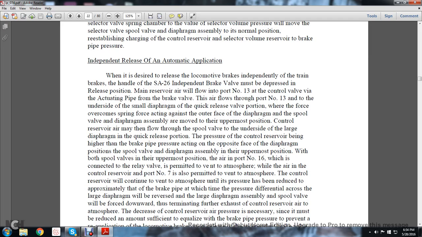Air may then flow through the spool valve to the underside of the large diaphragm. The quick release portion, pressure controlling the reservoir begins with a higher brake pressure acting on the opposite face of the diaphragm spool valve. With the diaphragm assembly and spool valve in the uppermost position, the air of port number 16,